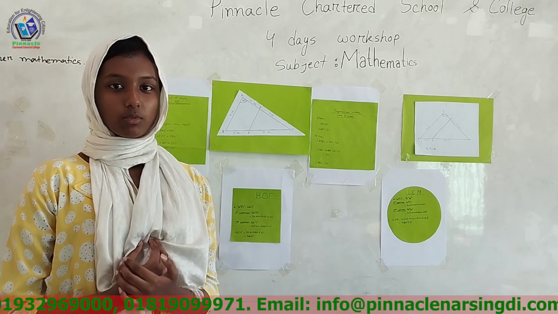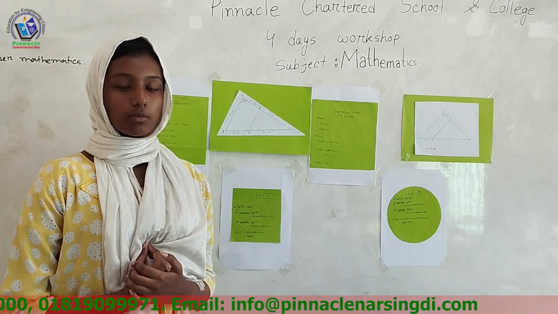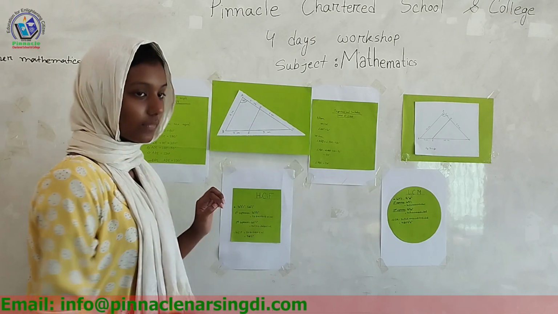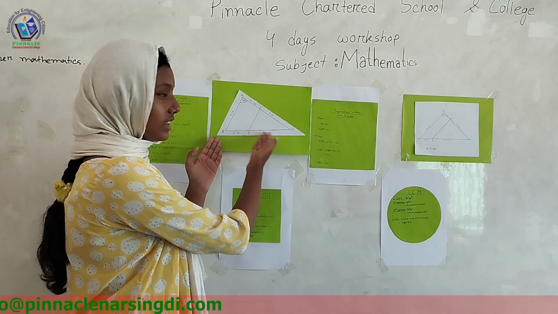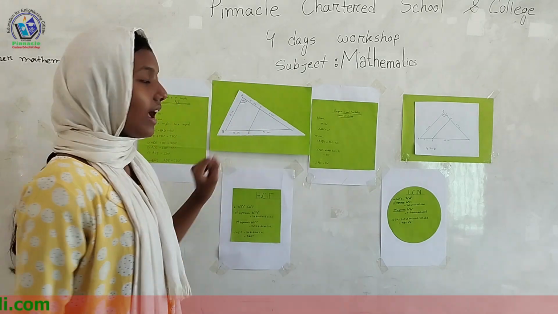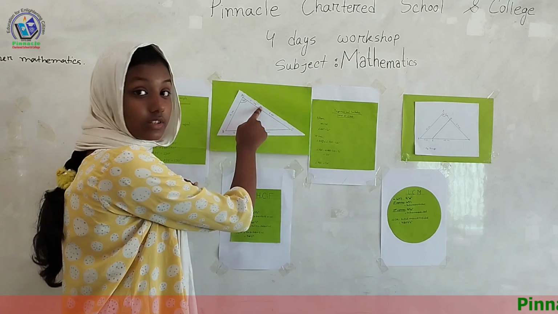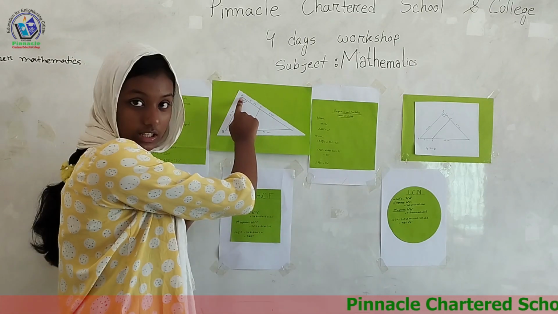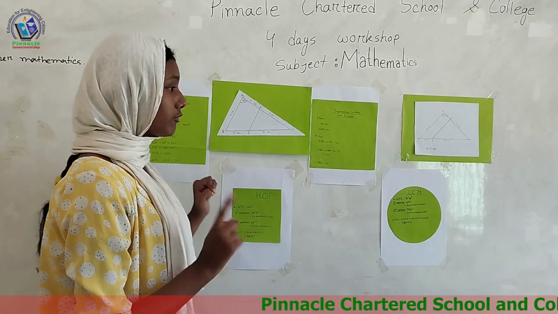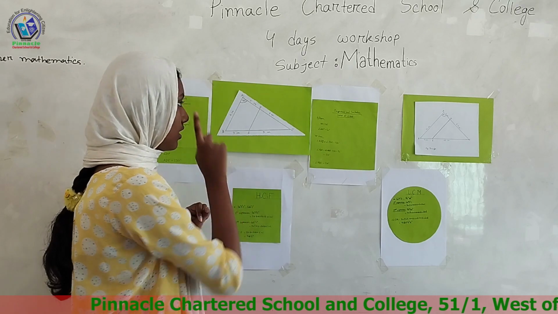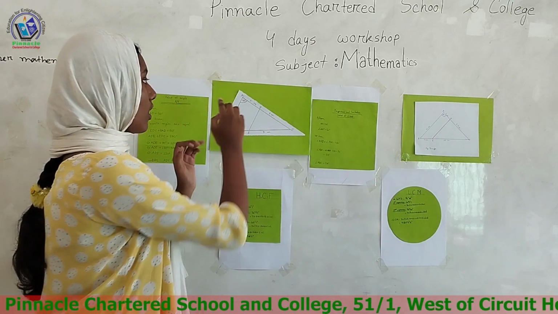Assalamualaikum everyone, I am Maimuna Maksud from class 7. Today I am going to explain the value of ADE. So as you can see, the triangle is ABC and AB is parallel to DE and the value of ABC is 50 degrees. So we have to find out the value of ADE, and we know that the opposite angles